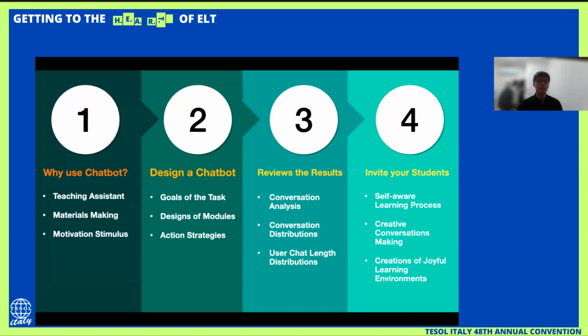Sometimes the prompts we create don't suit our needs, so we constantly modify the prompts and the text modules, or even the action strategies for the chatbot, the EduAct, to understand what's going on and what should be done during the responses.